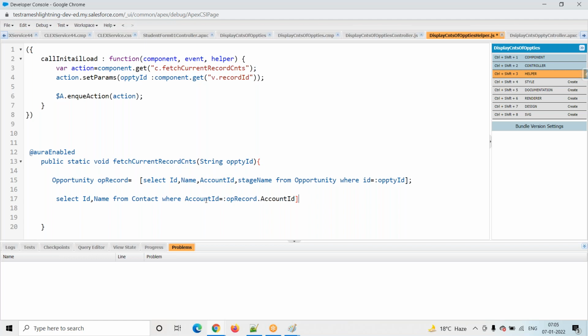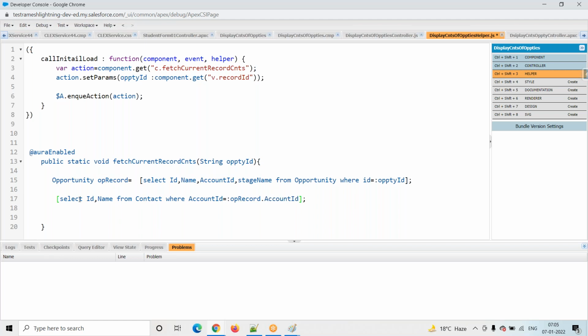For this opportunity we have one account, and for this account we have contacts. So this is the relationship field between contact and account.